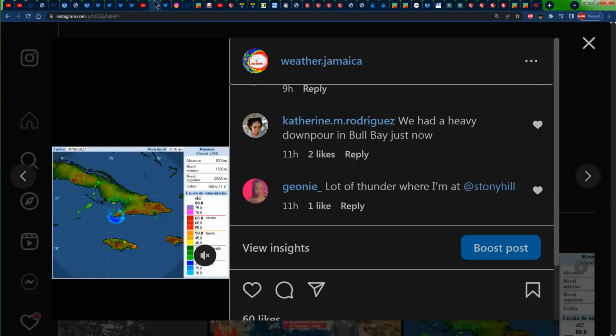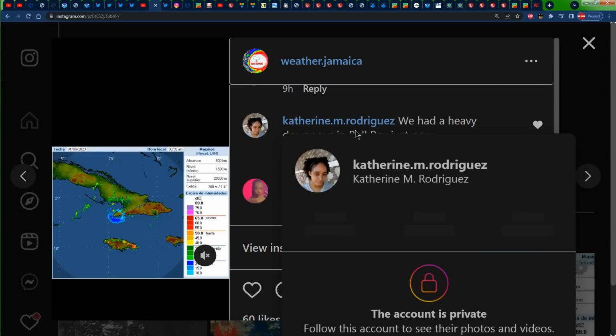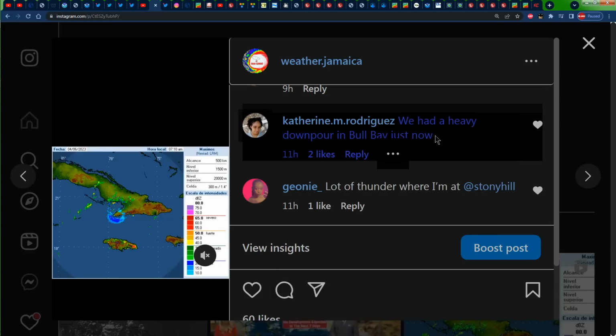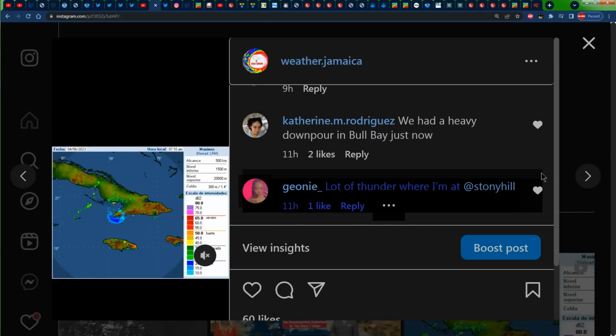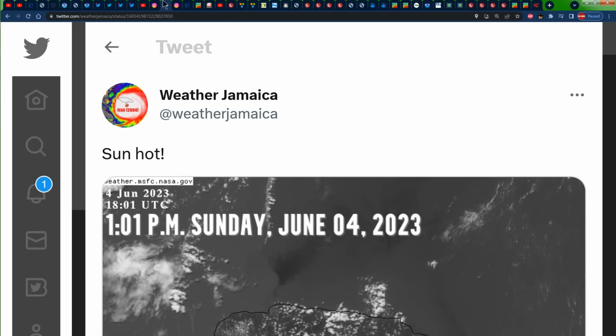And we even had confirmation on our Instagram page from someone who lives in Bull Bay, Catherine M. Rodriguez, stating we had a heavy downpour in Bull Bay just now. And Gione stating lot of thunder where I'm at in Stony Hill. And then later on in the day,